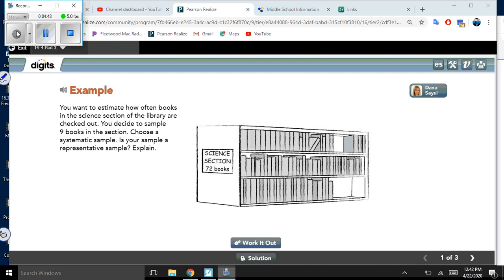Okay, picking it up right here now on part 2, taking a look at what we got. We have 72 science books. You're going to decide to sample 9 books in the section. So first thing that you want to do is determine what your starting number is going to be. If I take 72, which is this number right here, and I want 9 samples,